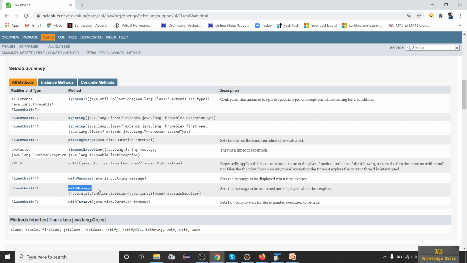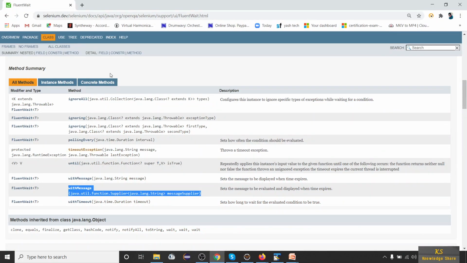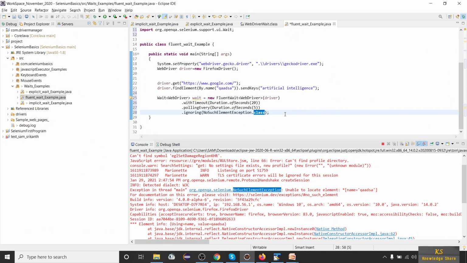So we can give our custom message as well, once this exception occurs, even after 20 seconds. We will come to that. Now what we will do is write our code, and then we'll take it from there.